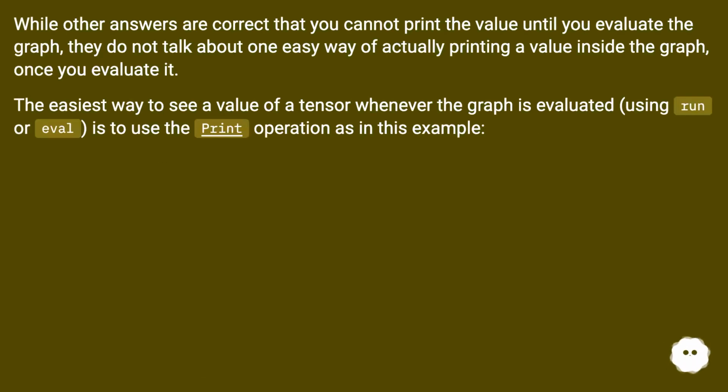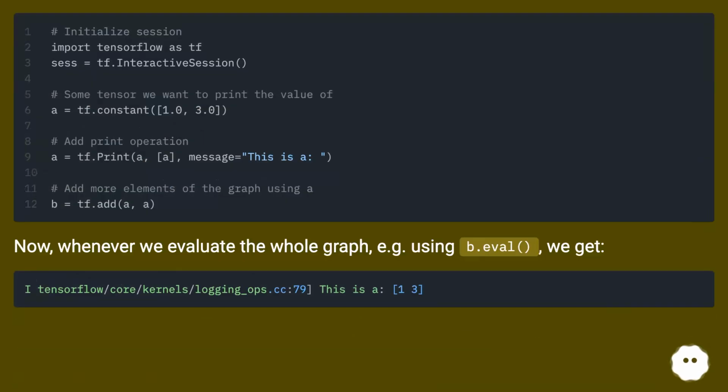While other answers are correct that you cannot print the value until you evaluate the graph, they do not talk about one easy way of actually printing a value inside the graph, once you evaluate it. The easiest way to see a value of a tensor whenever the graph is evaluated, using run or eval, is to use the Print operation as in this example. Now, whenever we evaluate the whole graph, e.g. using b.eval, we get